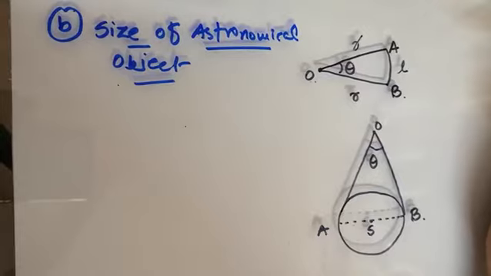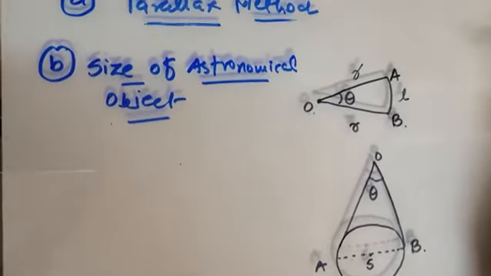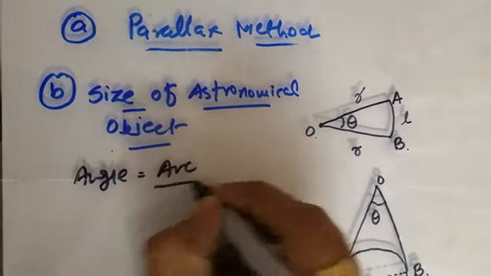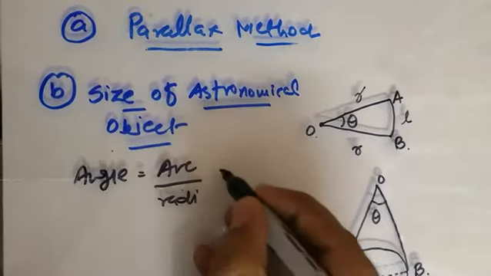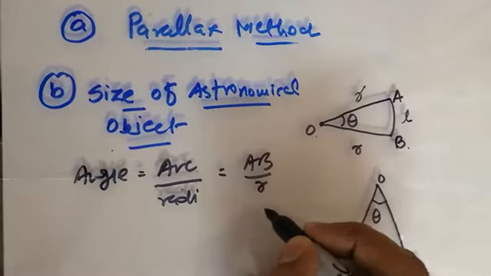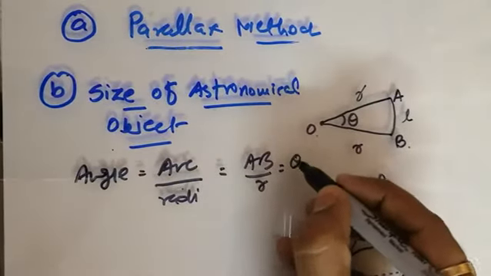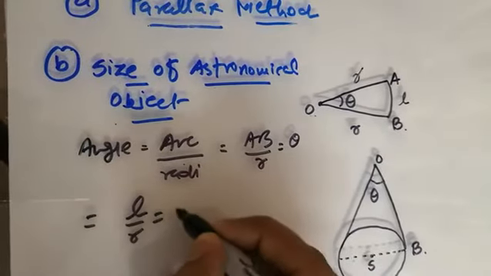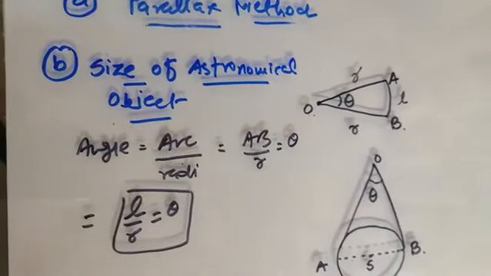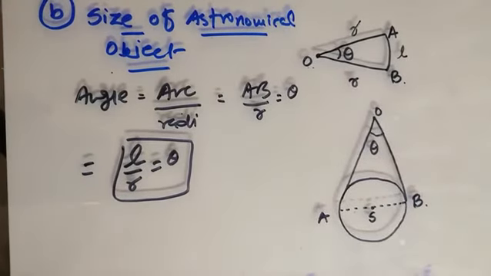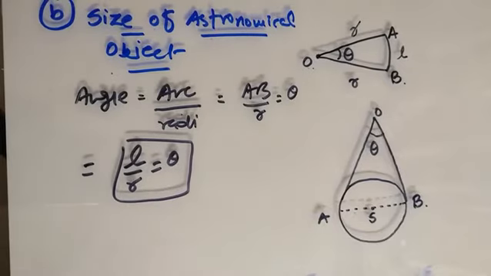You are aware of the previous equation from the previous clip, which deals with the formula angle equals arc by radius. Let's say we have our arc called AB, and my radius, or distance, would be R. So I can say that this is theta. I have mentioned that AB equals L, so my formula is L upon R equals theta. With the help of such an equation you can find the distances of any planet, or the distance from one asteroid object to another asteroid object. This is a very useful method.